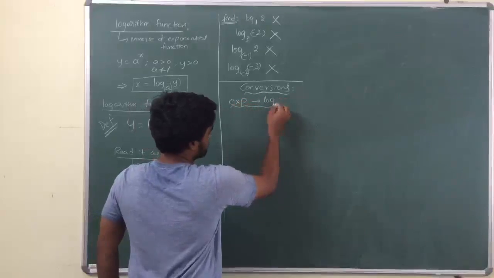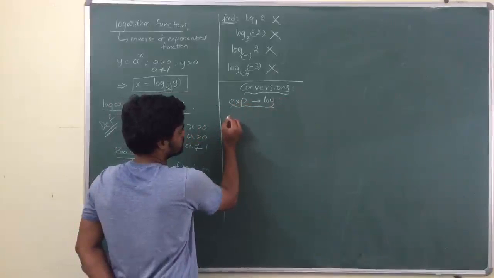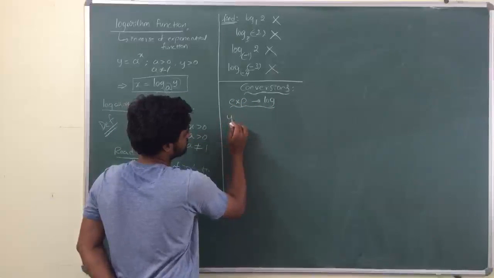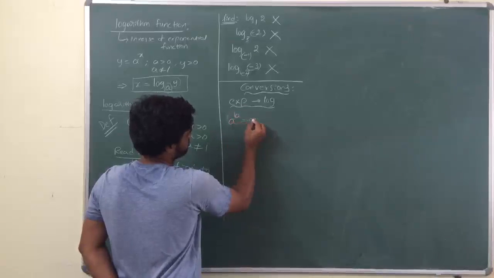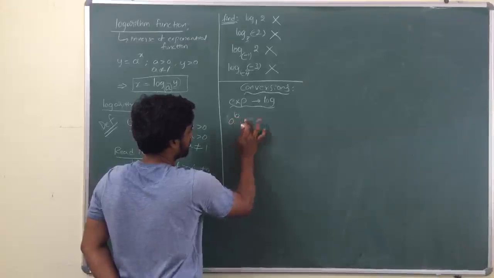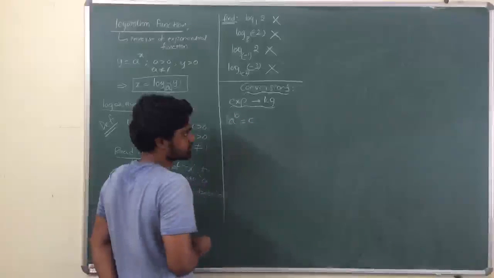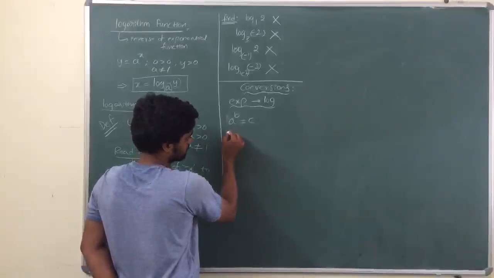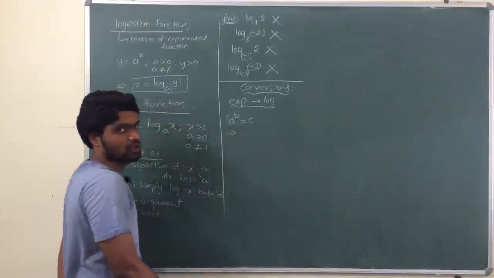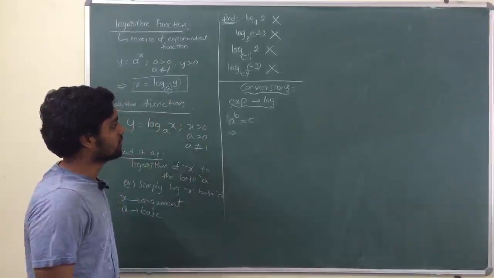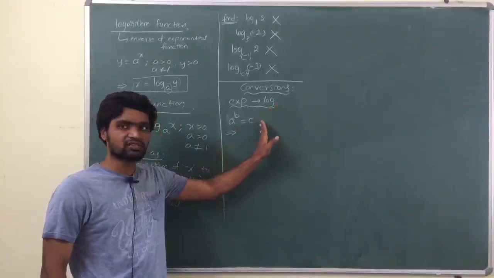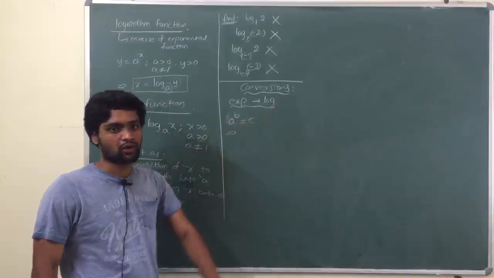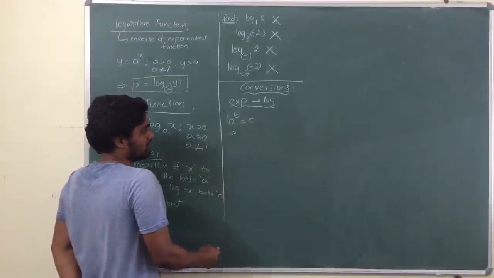Now, a power b is equal to c. What is the conversion of a power b is equal to c? Or you can say, write this in logarithmic form. Express this equation in logarithmic form. How to express that? See,